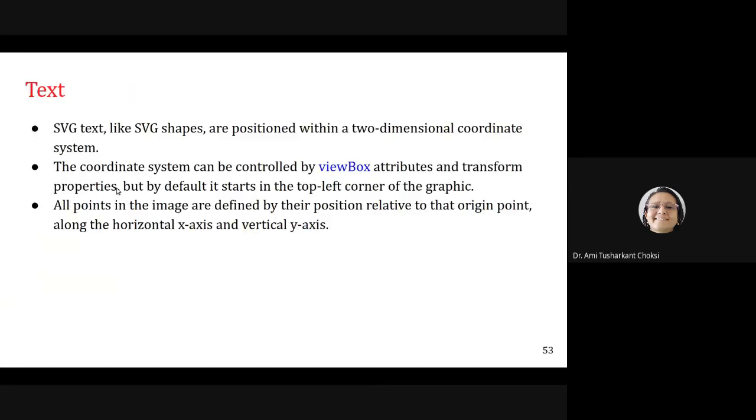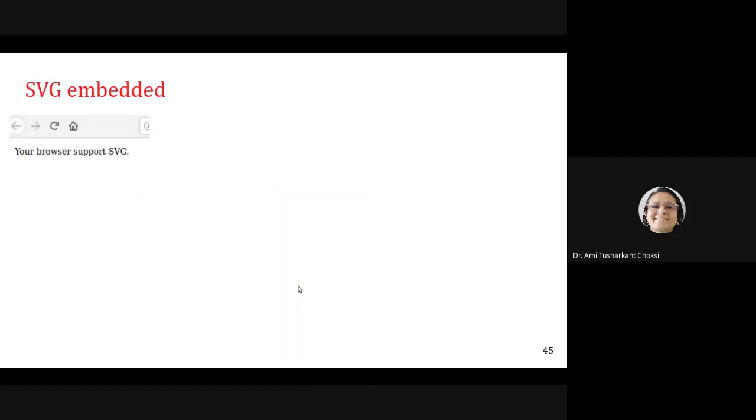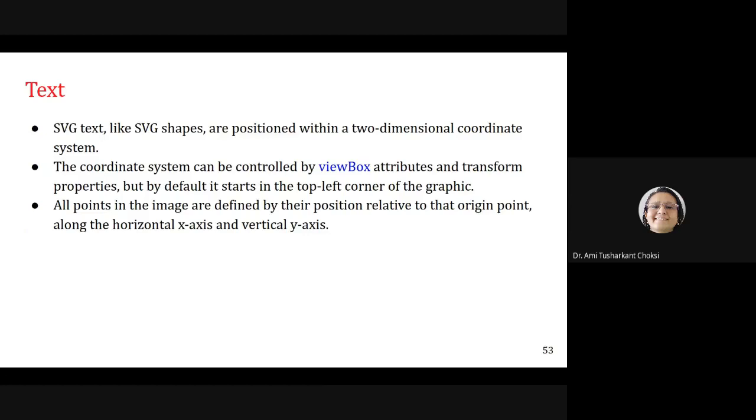So now we want to have the text. First of all, we have tried the text. Do you remember? Yes, we tried the text first of all. That was here: text, x is equal to 10, y is equal to 20. We provided the style and we wrote the text for the text tag, isn't it? This was the output for that. This was the first thing we tried. Now, let us try some more.